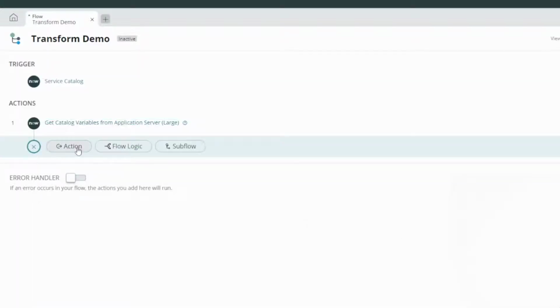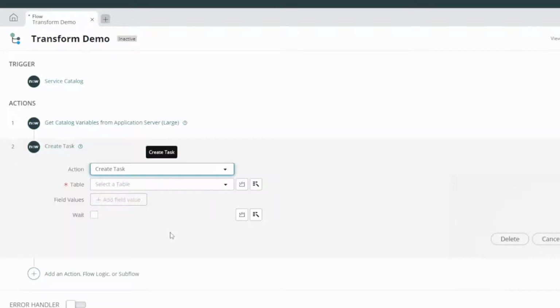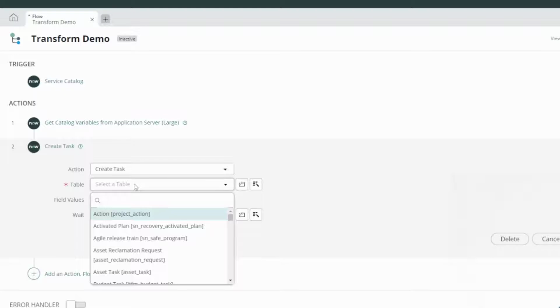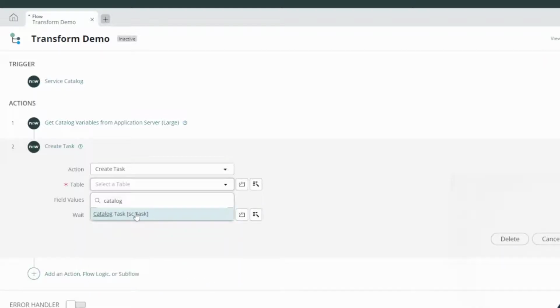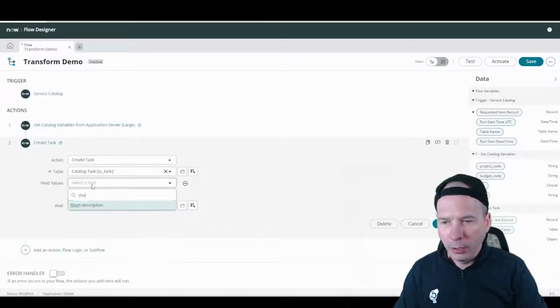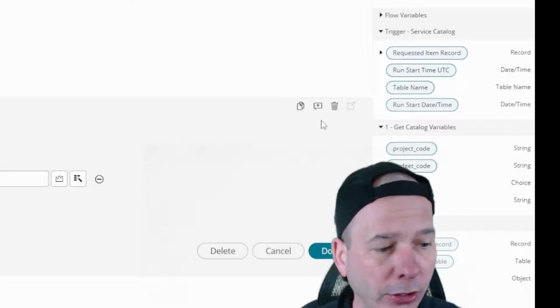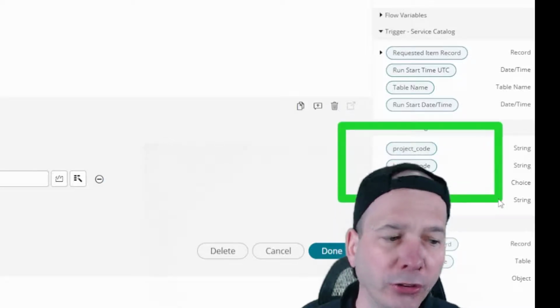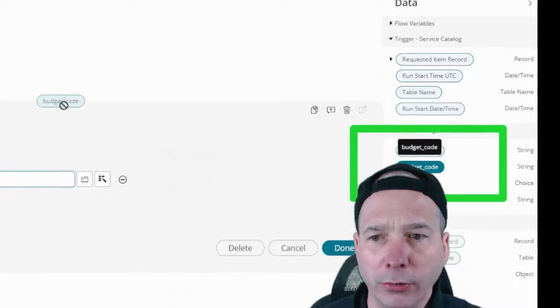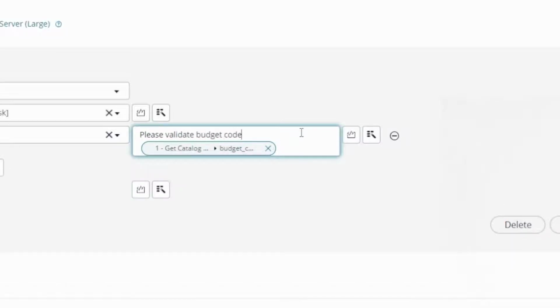And my first step is going to be here. I'm thinking, let's create a task for somebody to validate the budget code. So we'll go ahead and create a catalog task, and theoretically you're going to assign this to somebody for them to just validate it. So we'll update the short description on that catalog task. And I'm going to grab the budget code, drag it over here, drop it into this, and then we'll clear that out. And I'm just going to put in front of that, "please validate budget code:"